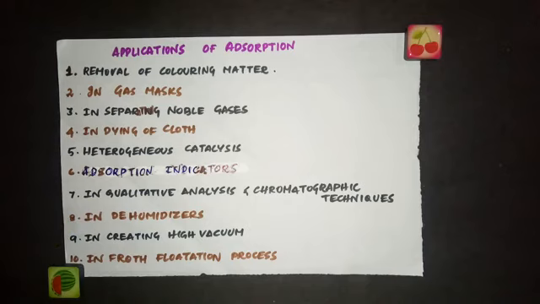And the next application of adsorption is dehumidifiers. I've told you silica gel is commonly used to absorb humidity or moisture from air. I've given the example of leather shoes or handbags. This is also necessary for the storage of delicate instruments, or otherwise they will get damaged by coming in contact with moist air. So we keep those instruments moisture free. We use silica gel, which adsorbs the water from that particular atmosphere.